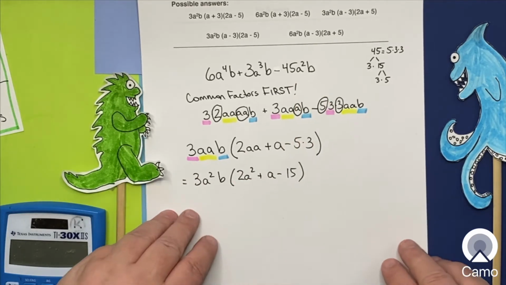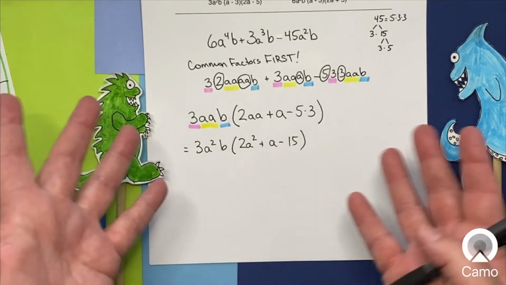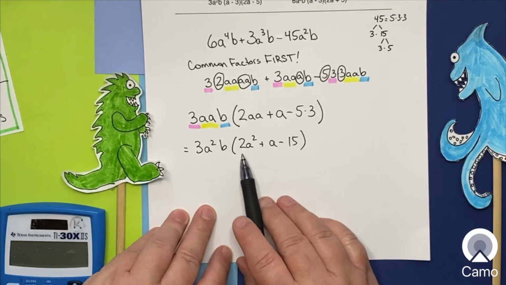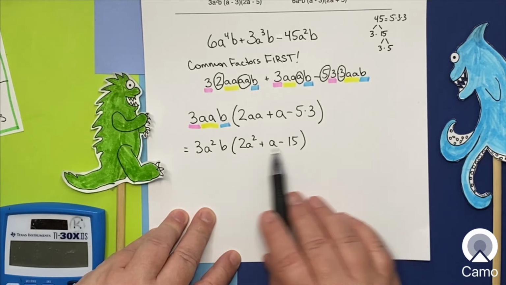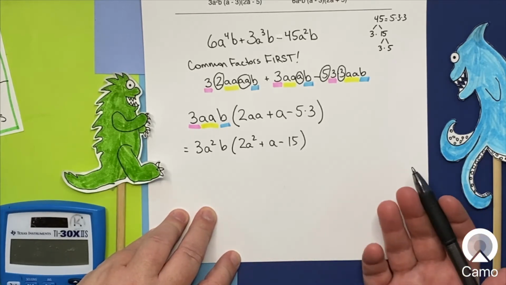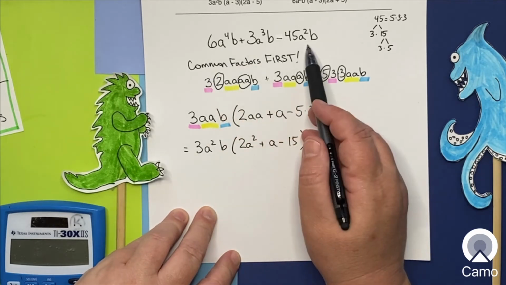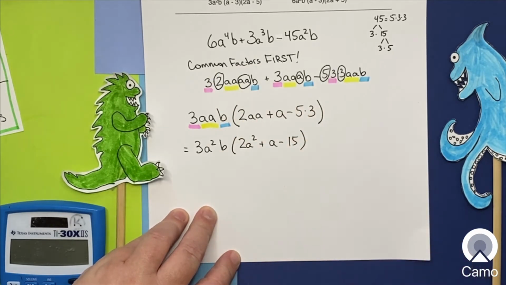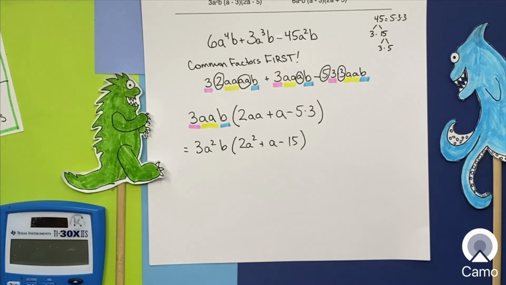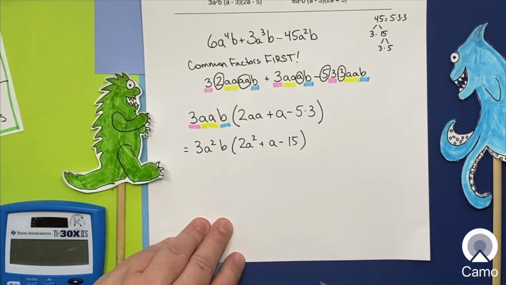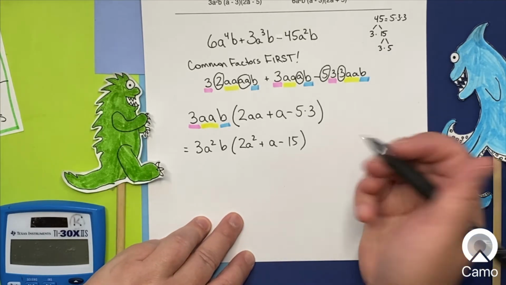So now all that I have to do is factor this trinomial, which I would claim, I hope you would agree, is an easier trinomial than to try to factor this one. So I think we have definitely made this easier. So let's keep going. Now I've got 3 terms. This is a trinomial. So your choices are